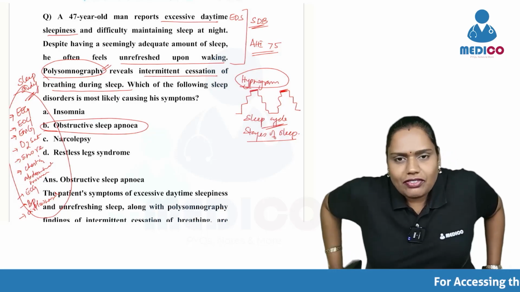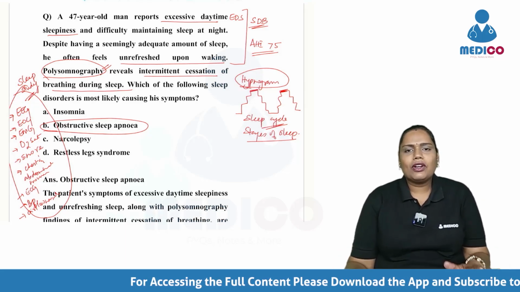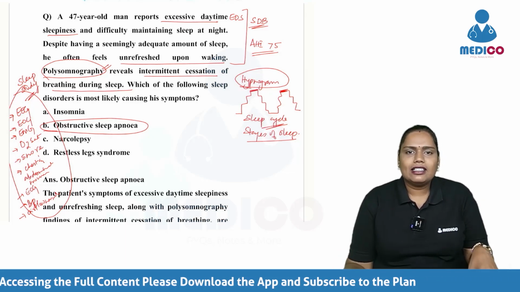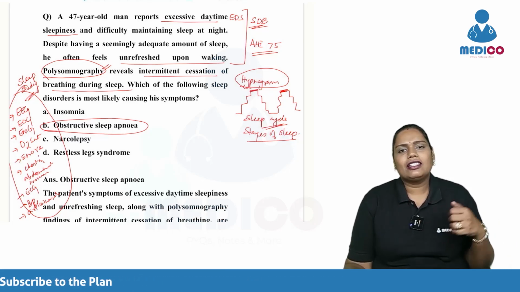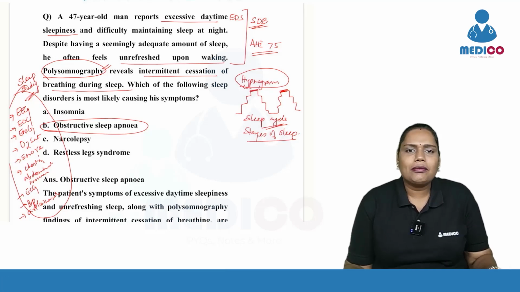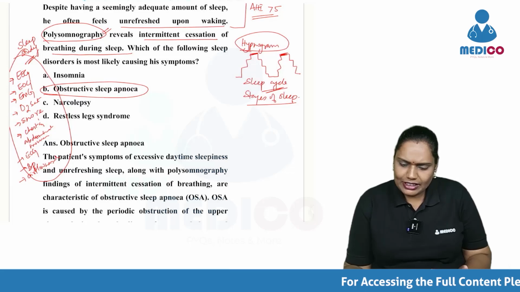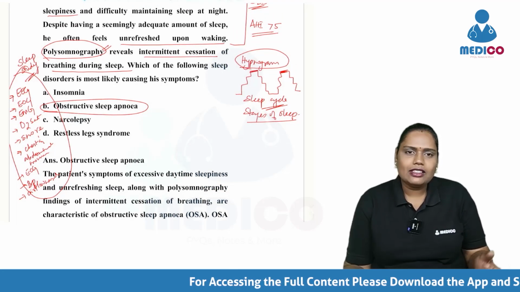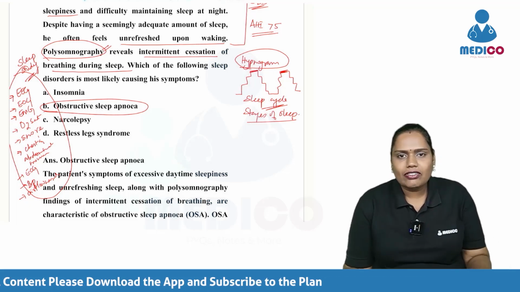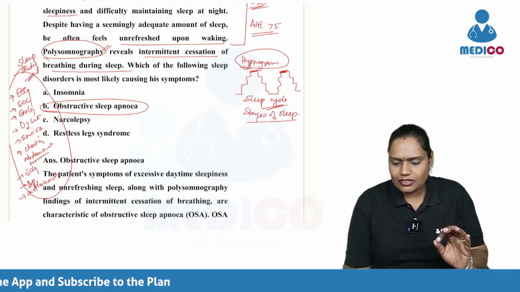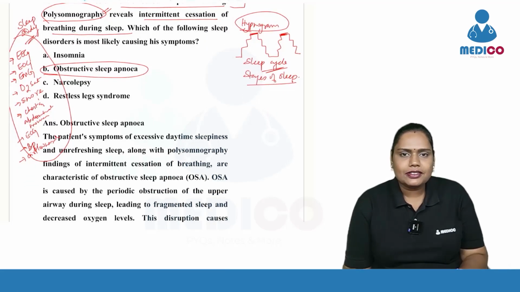Polysomnography is not merely an EEG. So what is polysomnography? It is a technique in which during sleep, along with EEG, various other physiological parameters will be recorded simultaneously. That is called polysomnography. So I think that makes you clear about OSA. In polysomnography, an apnea hypopnea index of greater than 5 is indicative of obstructive sleep apnea. So that is with polysomnography, hypnogram, and sleep apnea.